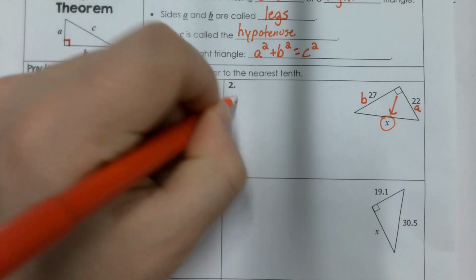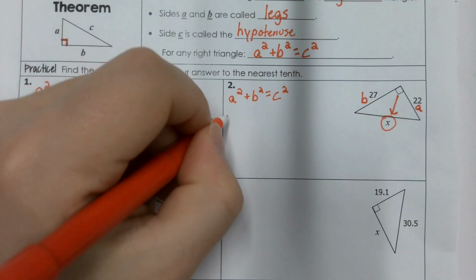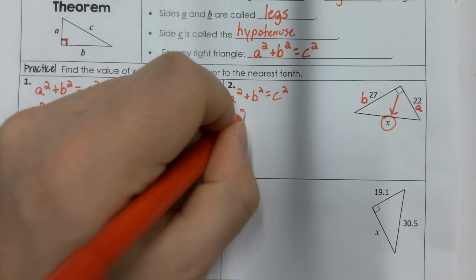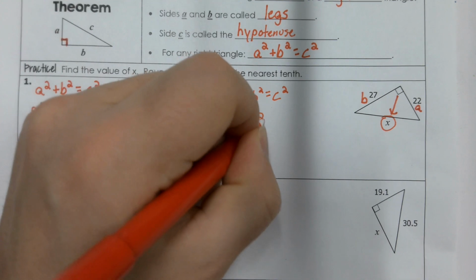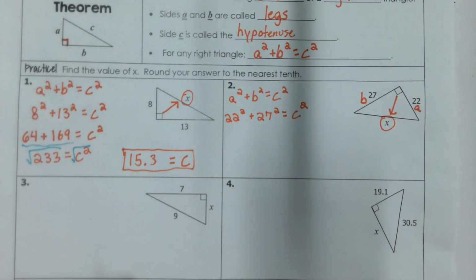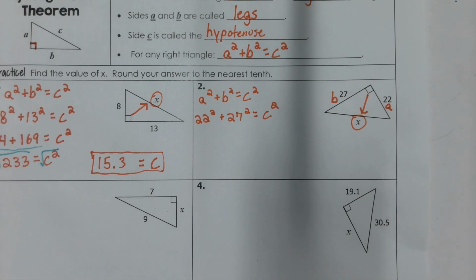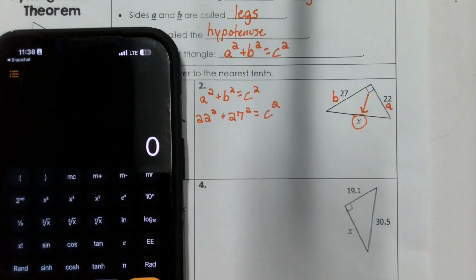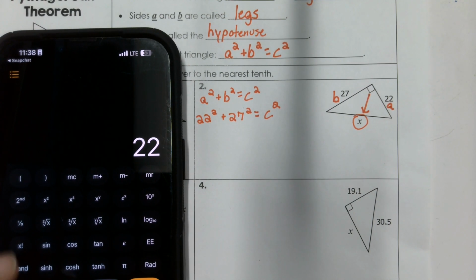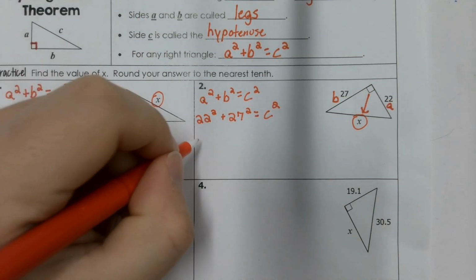Well, here again, if I start with a squared plus b squared equals c squared, I'm going to plug in both my a and b, which is 22 squared plus 27 squared, and that should equal c squared, or you could also call it x squared because that's what they have it labeled as. And then from there, again, I'm going to square both terms. I don't know what 22 squared is off the top of my head, so I'll just put that in a calculator. That's 484